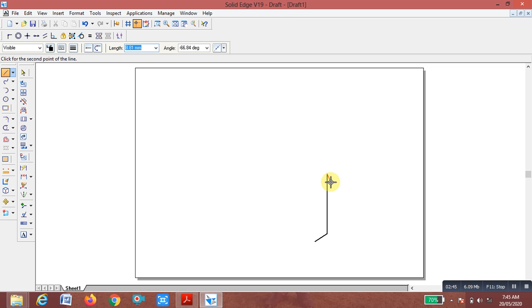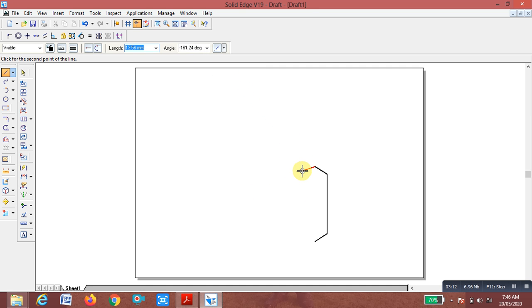Again on this side, it is not 60, it is 15 mm, the thickness is 15 mm, enter. Parallel to this, it is, sorry, 210 degrees.